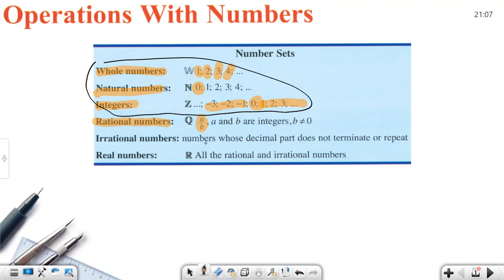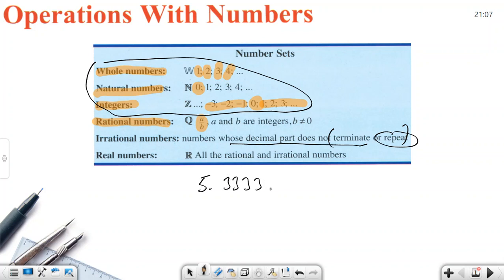Let's read about the irrational numbers. Irrational numbers are numbers whose decimal part does not terminate. Terminate means it has an end, and does not terminate means it continues forever, and does not repeat. So it does not terminate or repeat. Let's put the parentheses here: not terminate or not repeat. Such as what? Let's say